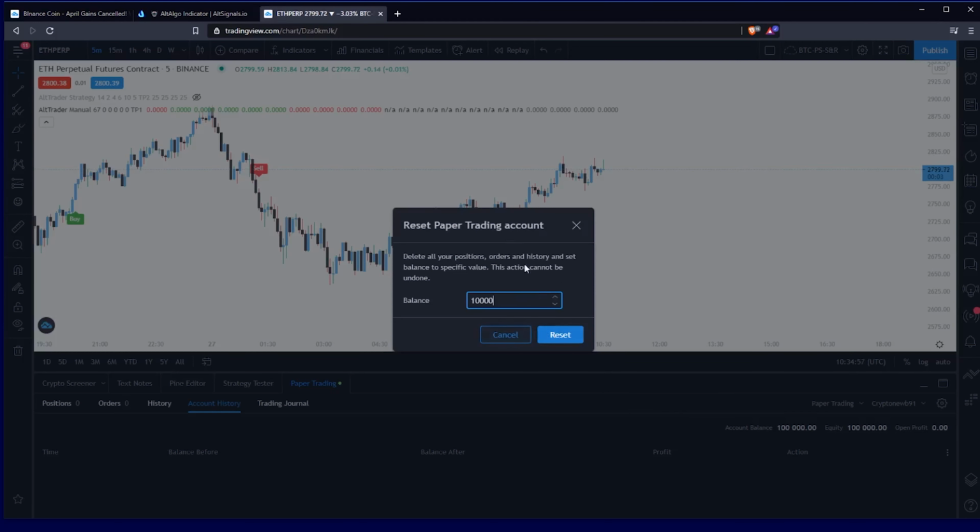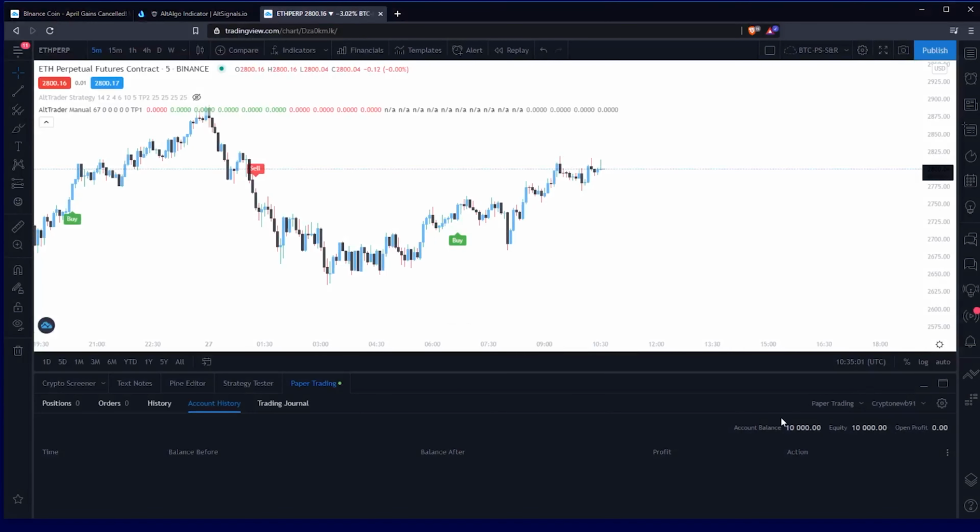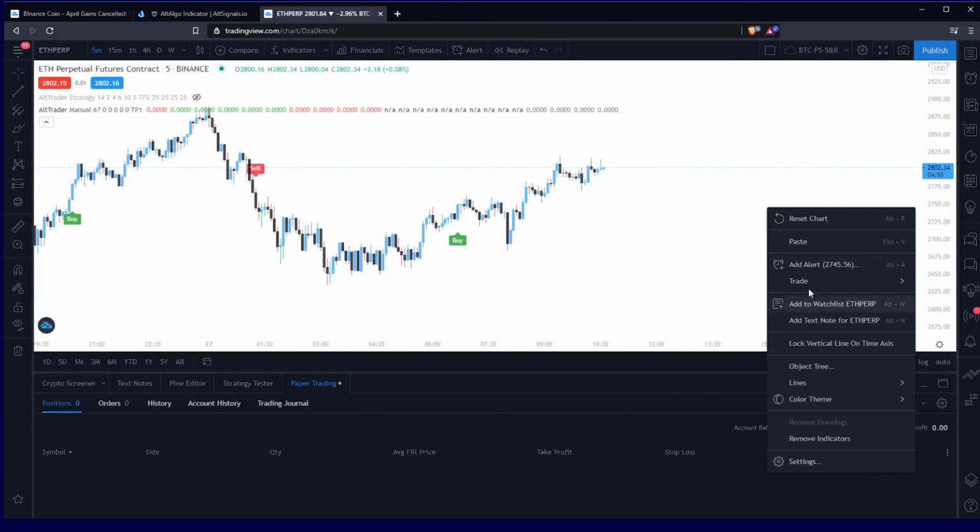So let's say I'm like, okay, I want to have 1,000 with 10x leverage. So we click that, and now we can see the account balance has changed, your equity has changed, and everything else is the same. The next thing I want you to check is if you right click on your chart,